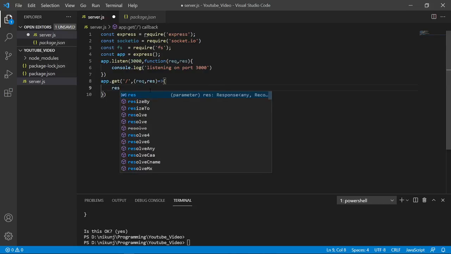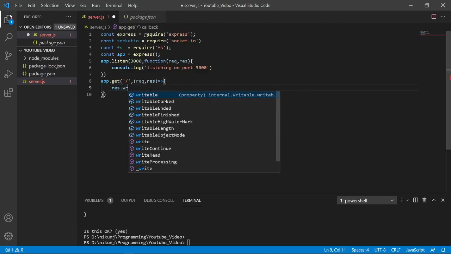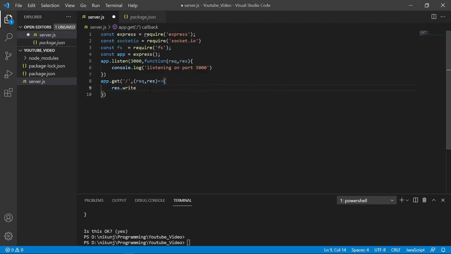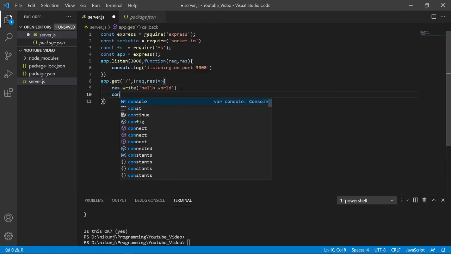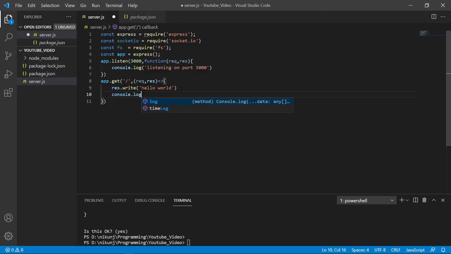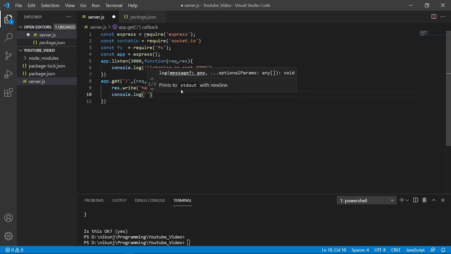So we will write response dot write hello world, and in the console we will print that one user got connected.